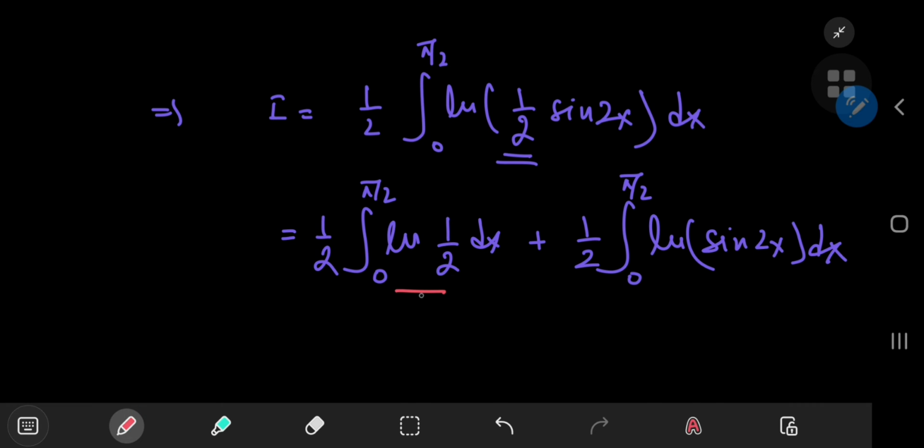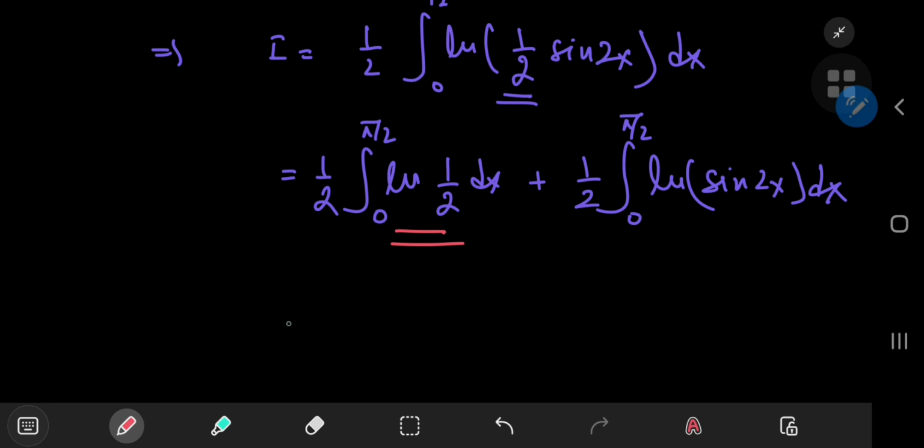So here is just a constant, right? The natural log of 1 by 2 is just a constant. So we have 1/2 times the natural log of 1 by 2 times pi by 2, right? So here's pi by 2, which I can just write up front as pi by 4,